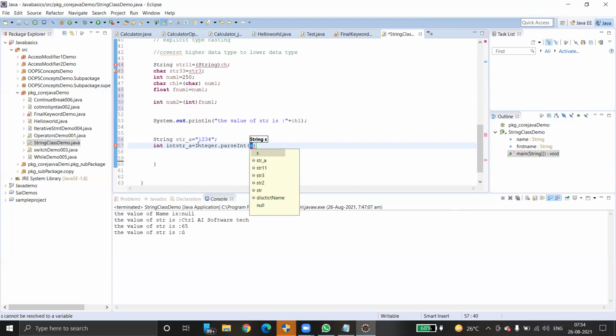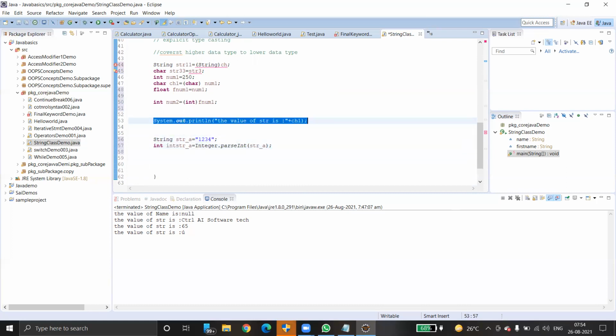We just pass str_a. Then go here and write, just copy and print the value. Control C, Control V. String_a, Control S.